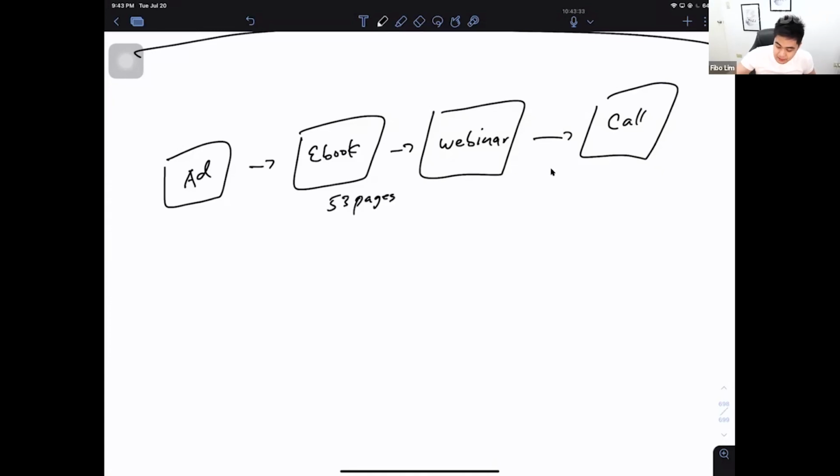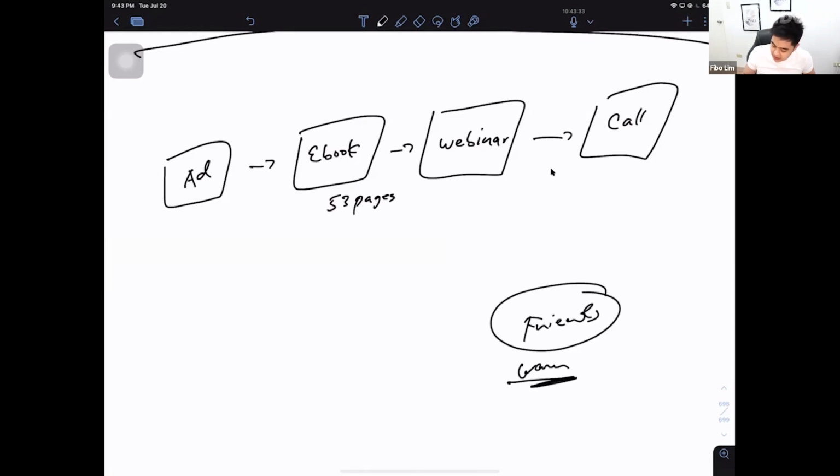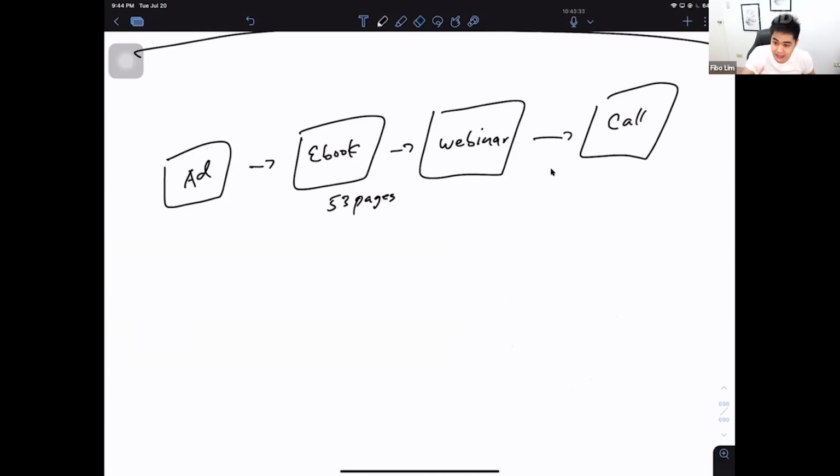You can test this process. Okay? Because if this is what you want, you can test this process. No problem. But based on experience, I'm gonna share with you what I discovered. Now, when you share it to your friends, okay, these are warm audiences. Warm audiences typically follow what you do or what you tell them to do, kasi warm sila. It's a totally different story if you're selling it or you're giving this away to strangers.